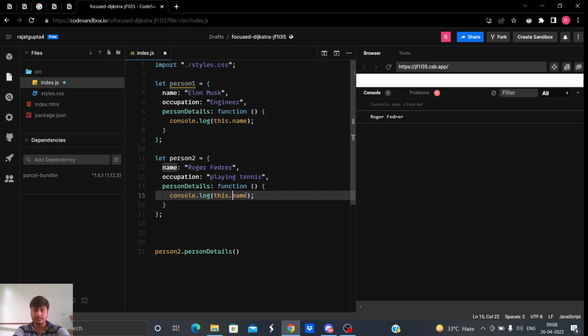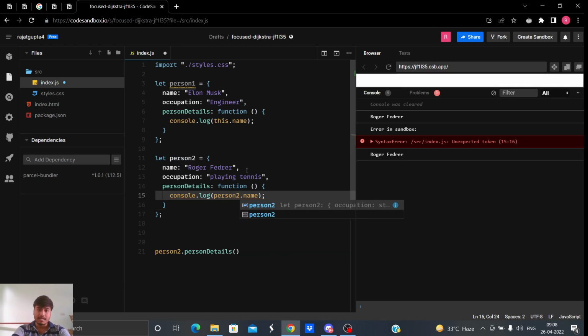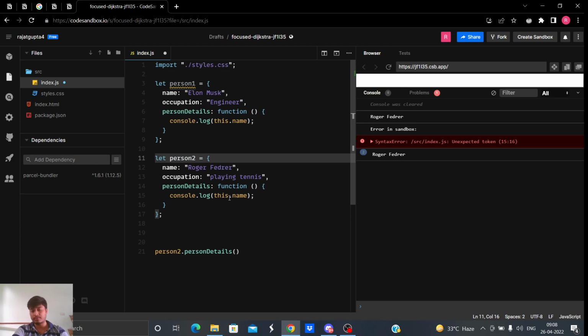If we don't have this keyword, we have to write person2 dot name, and let's say we make person3, then we have to say person3 dot name, there is person4, we have to do person4 dot name, and so on and so forth. But if there is this, we don't have to write that particular object's name, because this already refers to that particular object in which it is present. But you may say that this is not a very great use of this. Yeah, I understand and I agree.